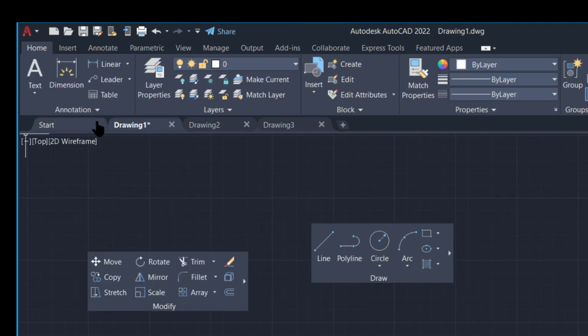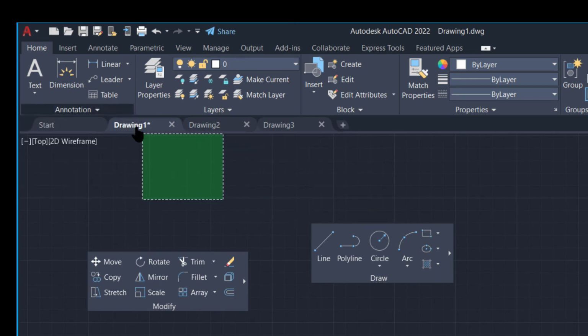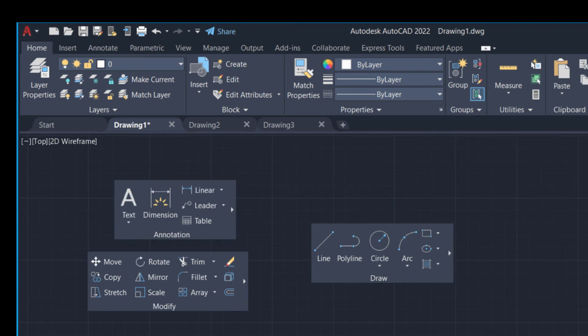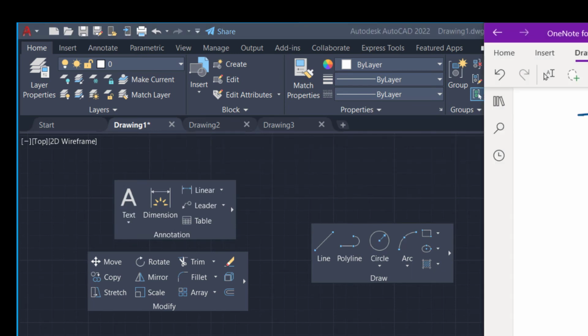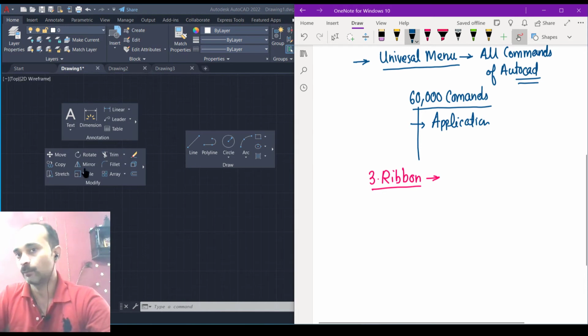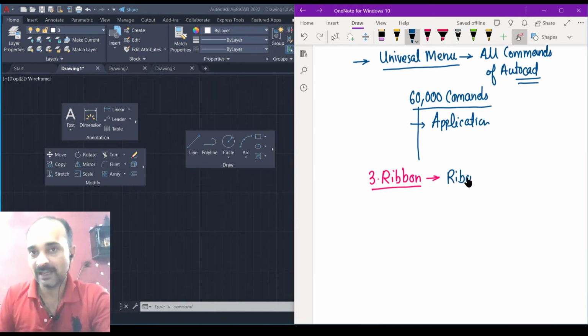I can click and drag modify also to a different place. But when I am dragging these, a black color space is left behind. That black space is called ribbon.